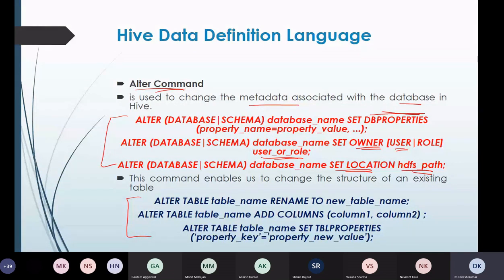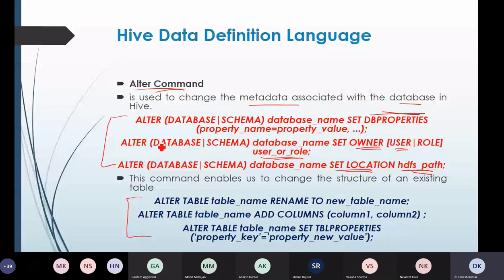With the data which is already there, this set location parameter does not move the data in the current directory to the new location. But after applying this query, whatever alteration you make will be applicable on the new data, not on the previous data. So they will go into the new location, right?